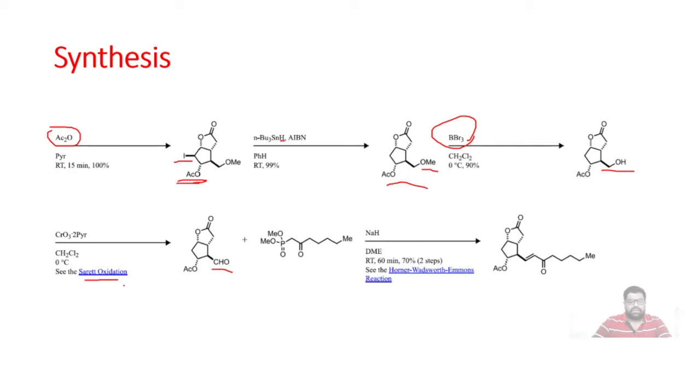Okay, so Collins oxidation or Sarett oxidation helps us to convert this primary alcohol group to this CHO group. Now our everyone's favorite reaction is over here. It is a Wittig-Horner reaction, as we are using phosphonate ester. We are using phosphonate ester for the double bond formation or Wittig reaction.